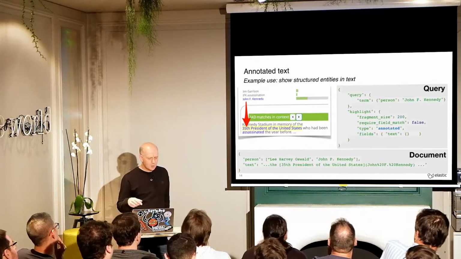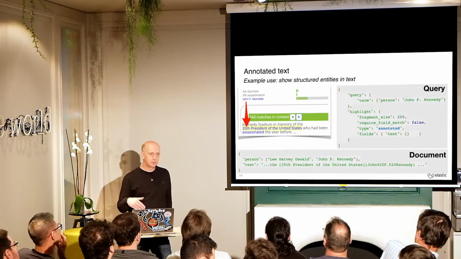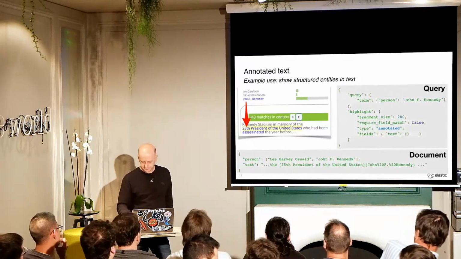So that's how you would highlight, and we would be able to see, for example, where exactly was John F. Kennedy mentioned next to Elvis, and you could actually see highlighted a snippet of a Wikipedia document that says JFK and Elvis and so on. Notice also that when we search for John F. Kennedy, we wouldn't match JFK if it was talking about the airport, because that would use a different annotation.